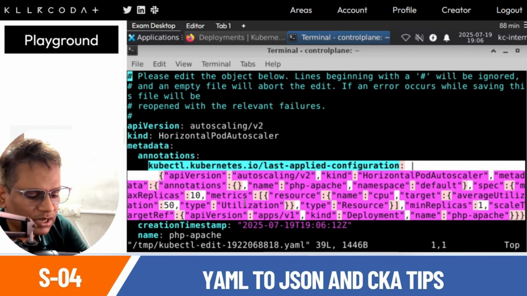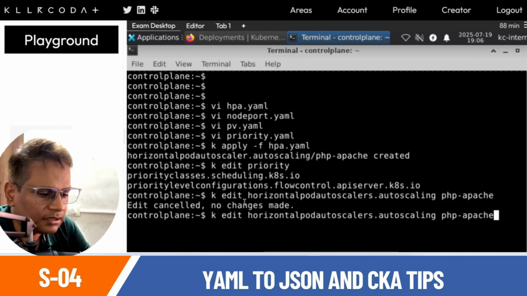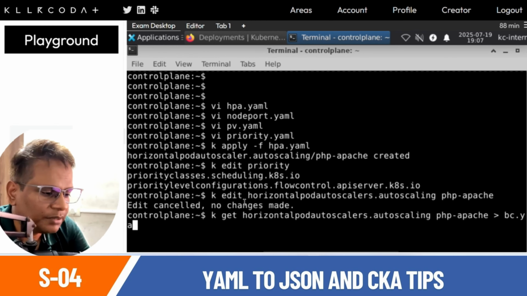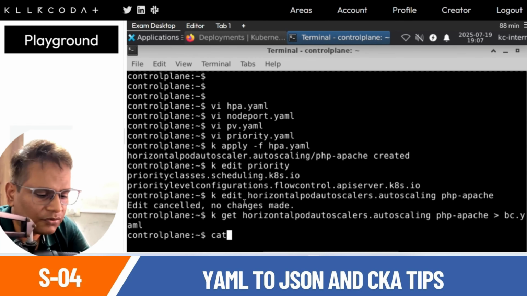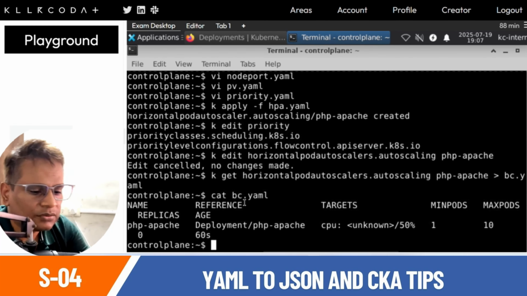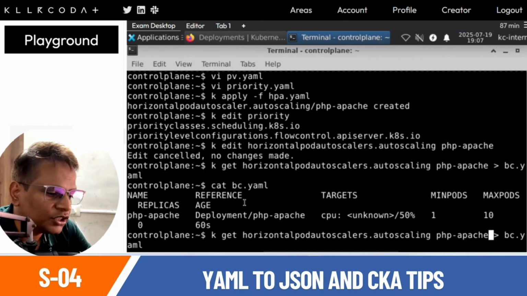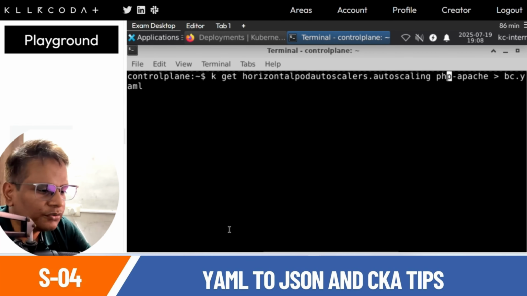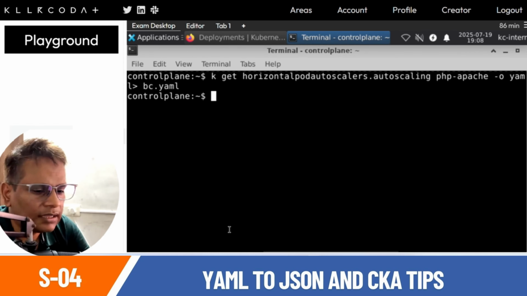Or you can do it like this: k get, and if a namespace is there, put the namespace also, and redirect it to your backup.yaml or anything. Sorry, this is a deployment, I forgot to write YAML, so -o yaml, and then cat